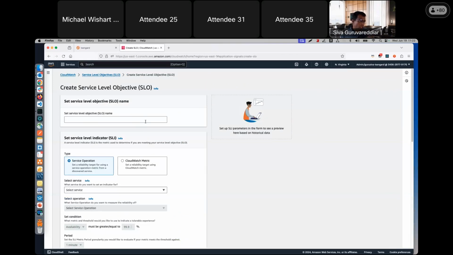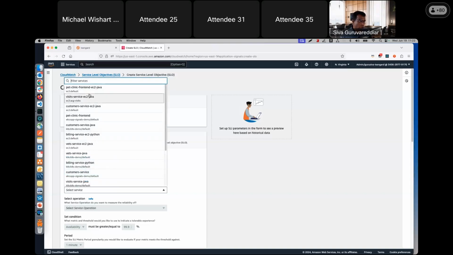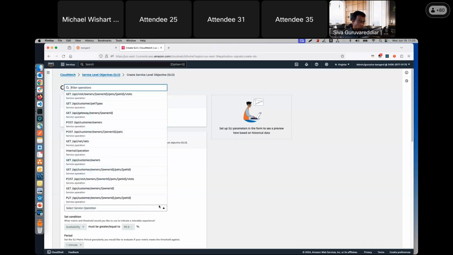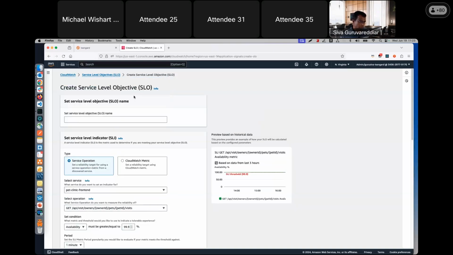Once you enable application signals and want to create an SLO for a service operation, how can you do it? Without you doing any kind of work, just click on that operation. As you can see here, I'm running a lot of workloads, both EKS and EC2. Let me choose this EKS pet clinic frontend. I'm interested in this particular visits endpoint, because as a business owner, I'm more worried about people coming and visiting me. That's the way I'm making my living. So I want to make sure this particular endpoint has an availability of